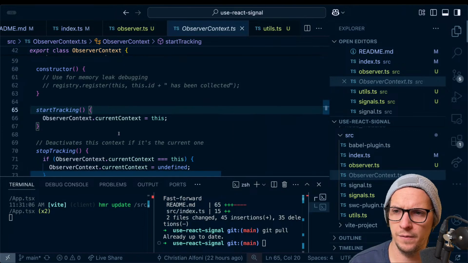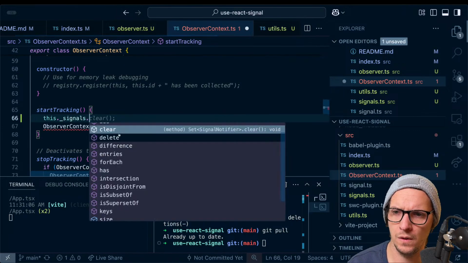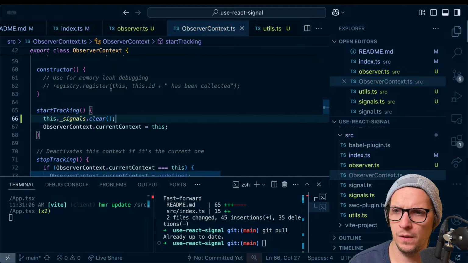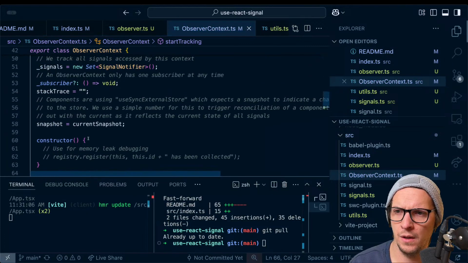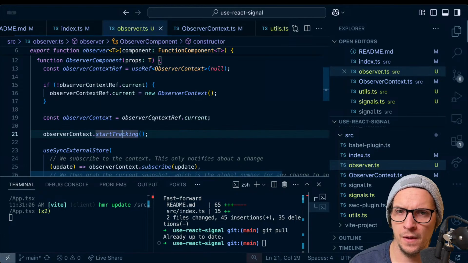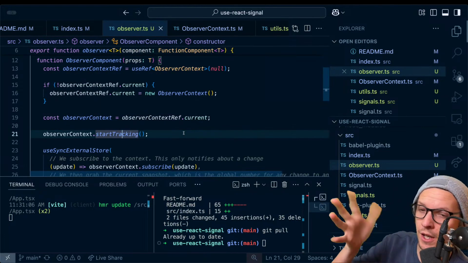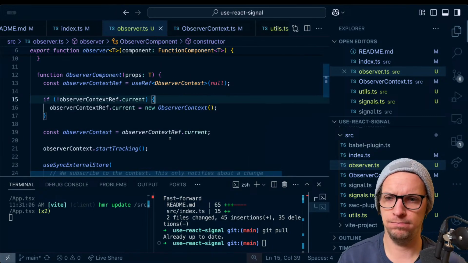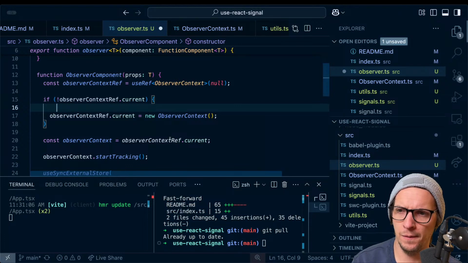Oh, that's interesting. Yeah. Oh, that's actually a bug. Yeah, because dynamically you might change what signals you're looking at. So